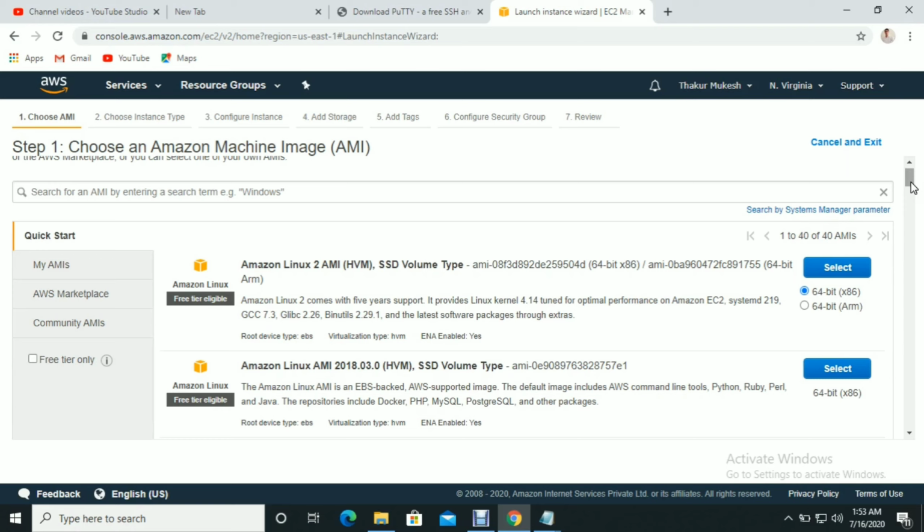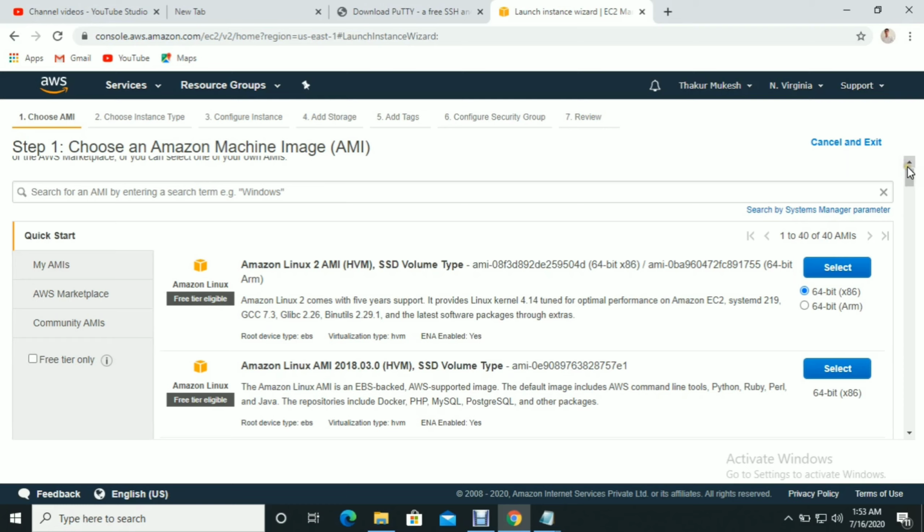AWS gives these templates from scratch. In that template you will not get anything extra apart from the OS information. If you need anything, you have to install it manually. So these are the templates.